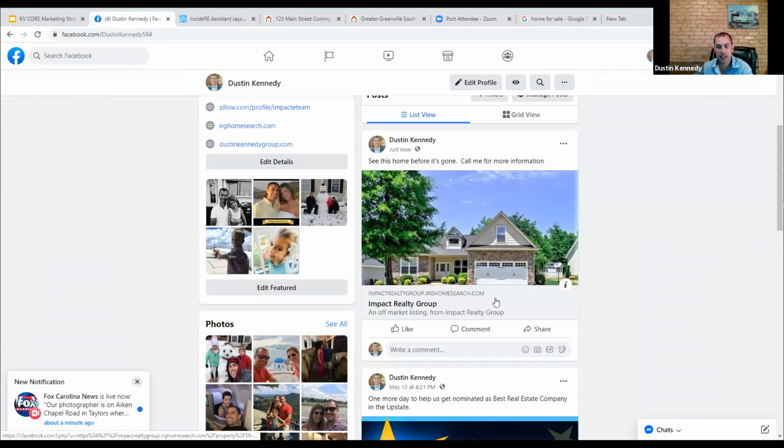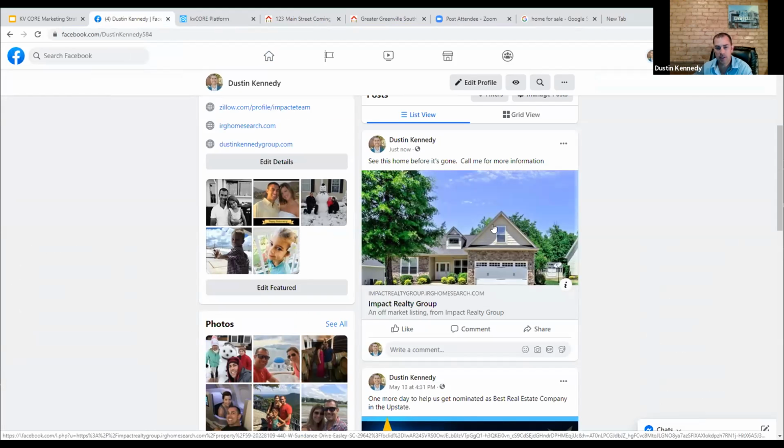That took 30 seconds to post on here. The difference between just putting a picture out there and actually doing this is, one, it takes much less time than trying to put a picture out there to do these different things. But two, when I click on this, it's going to take me back